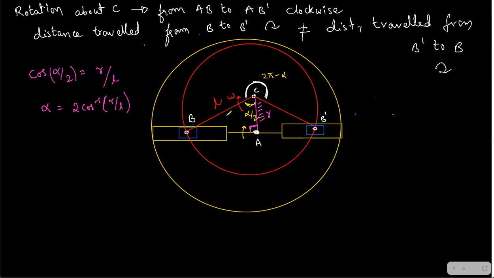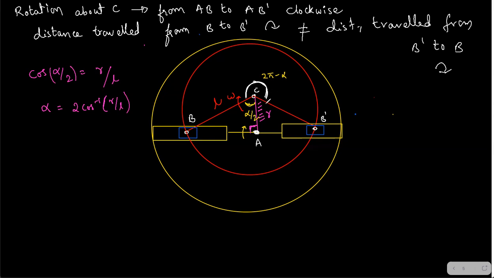Actually, in this case, you have a double crank. Like BC also is a crank, and A and this complete yellow link also is a crank. You can call it the distance between fixed centers, which is R, and by L. So from here you'll get alpha. After you get alpha, now what to do? You have angular displacement alpha, right?